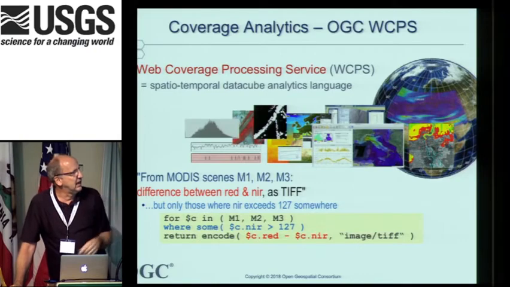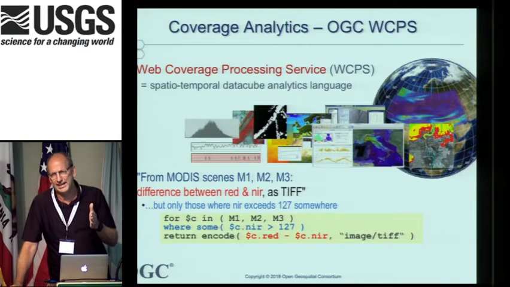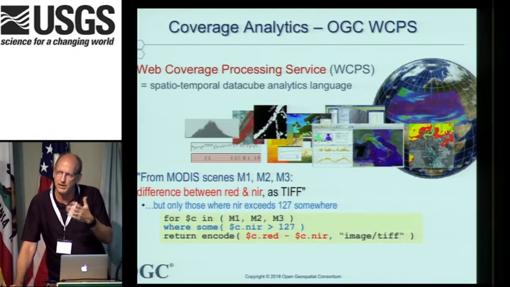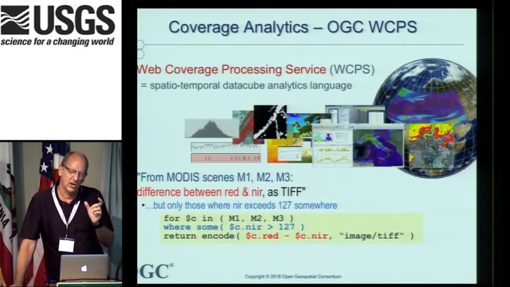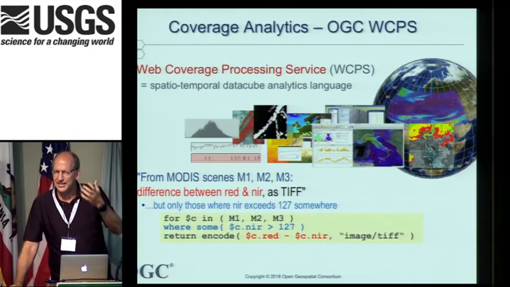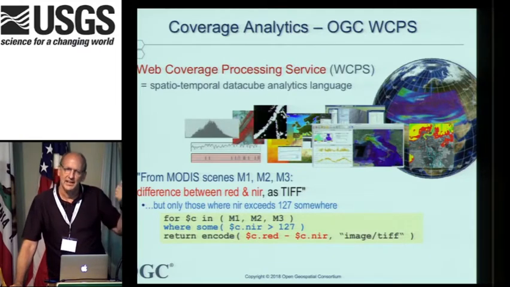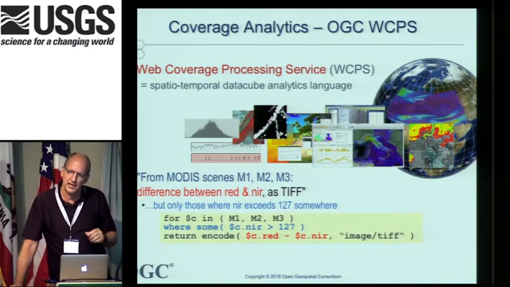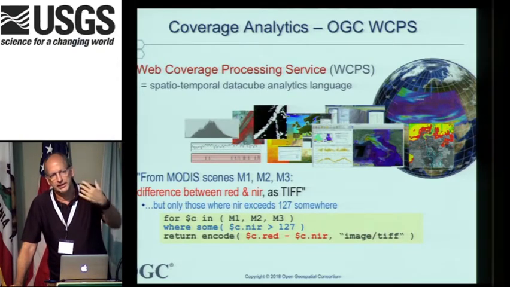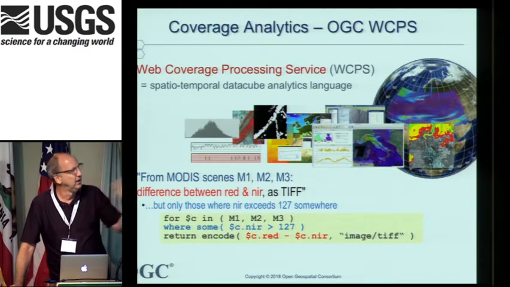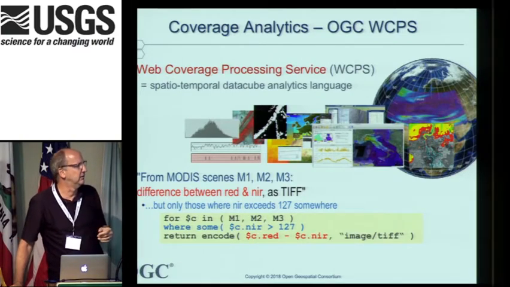So this is a coverage processing language, which has now made its way into the SQL stream of standards. There's now what's called an array database extension to SQL in the ISO JTC1 community that does this coverage processing language. So you can ask for coverage processing, raster processing in a well-formed SQL-like way on that remote server and get back just the information you want. I think this is an NDVI. Everybody loves NDVI.